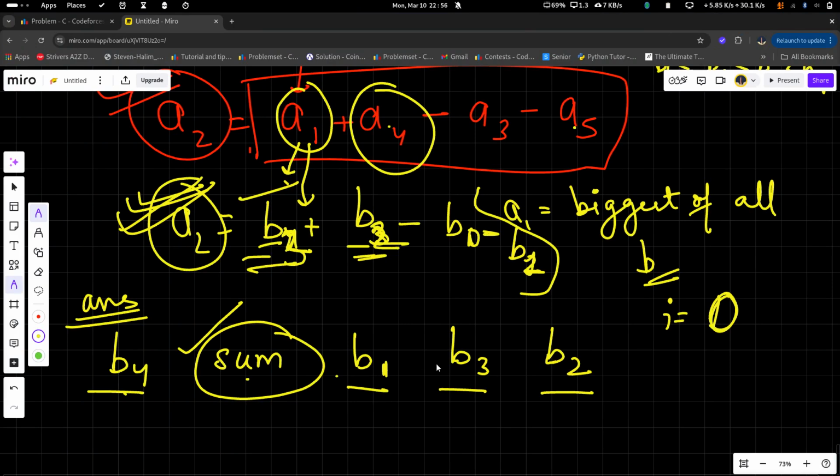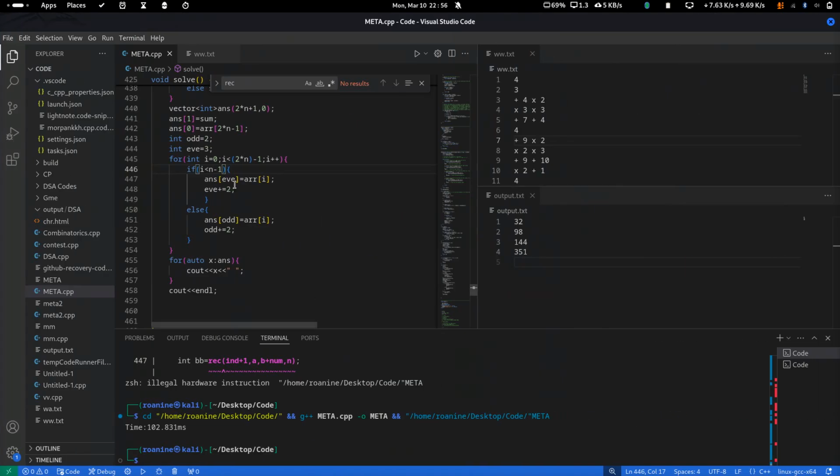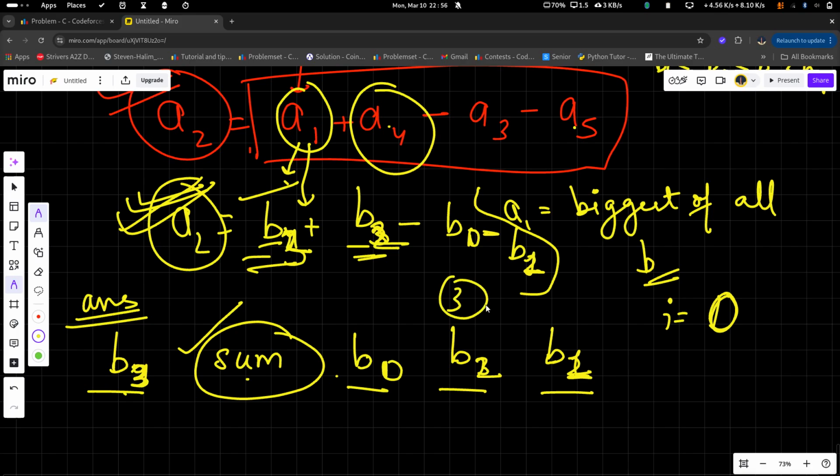Then I have put it in, if it is less than n minus 3, and then a 2 here and a 1 here.